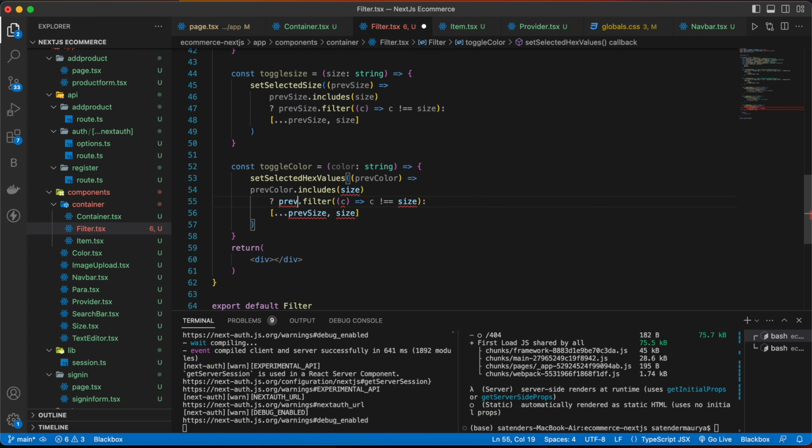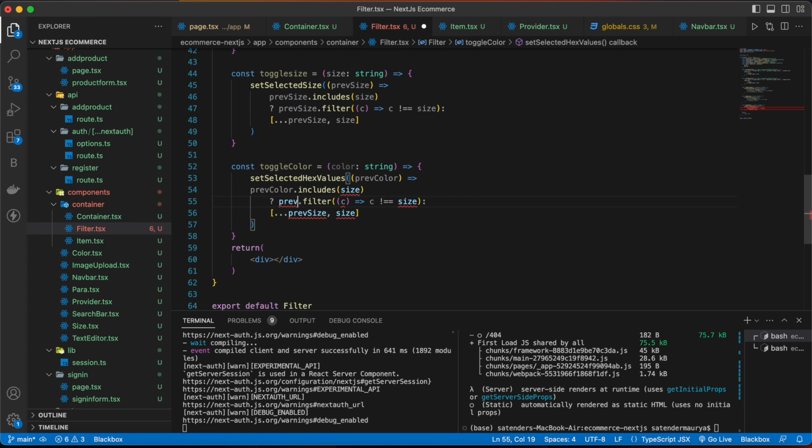And now let's get all the colors that we have included in our products. For that we are going to make an API route. So inside the API folder, make a folder named color, and then inside that make a file route.ts.